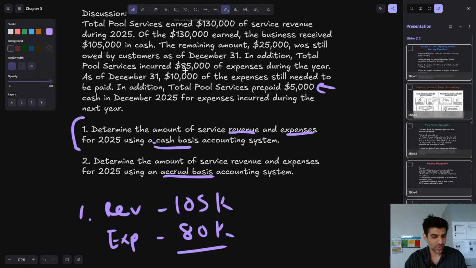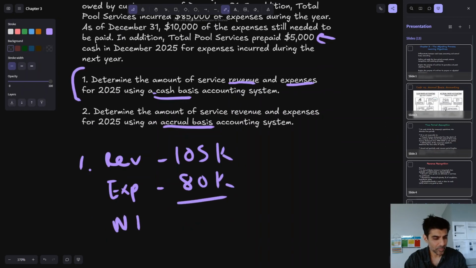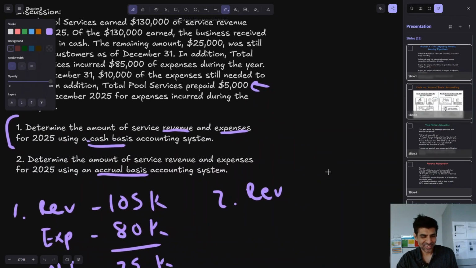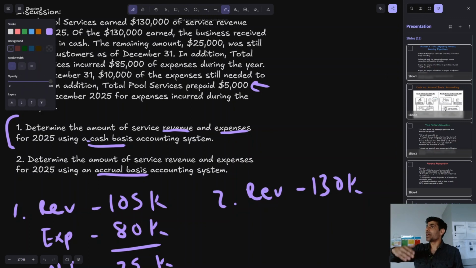So that means we would have shown a net income of 25,000 using the cash basis. Okay, now what about number two? For accrual basis, what's the revenue? Yeah, 130,000. This one does not need to be overthought. Okay, 130,000. Because some of it, yes, we would have had credit service revenue, debit cash, and some of it